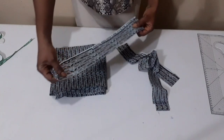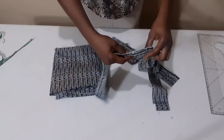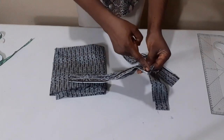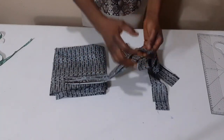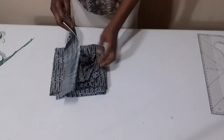Lest I forget, as for the belt, I'll just hold it like this and fold it into 2, just like this. I'll let the right sides face each other. I'll now stitch it with 1/4 inch on the open side here, and I'll now turn it to the right side. I'll do the same thing on the remaining 3. So when I finish,